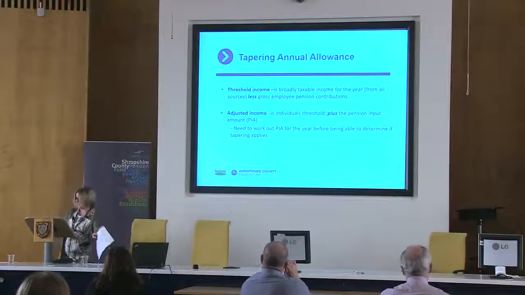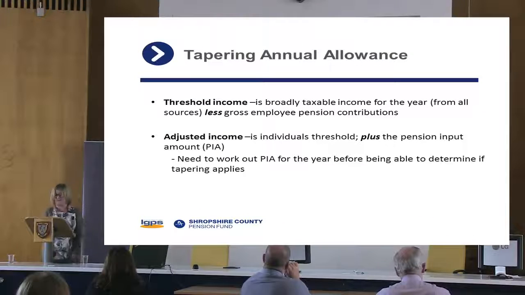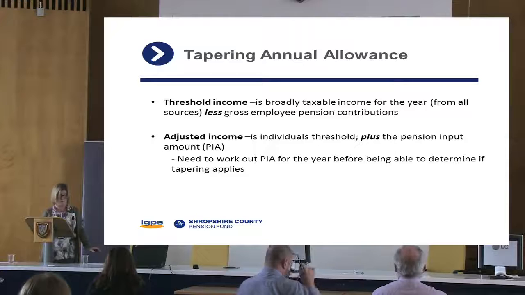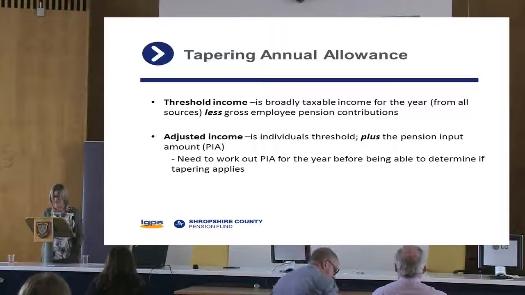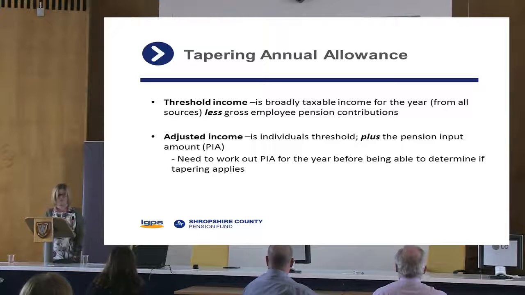So what do we mean by threshold income? This is the individual's taxable income for the year from all sources, and not just their salary, less any pension contributions that they pay under a net pay arrangement. Adjusted income is the individual's threshold income plus the value of any pension growth over that year. So this means you need to work out the pension growth for the year before you even know if you're going to be